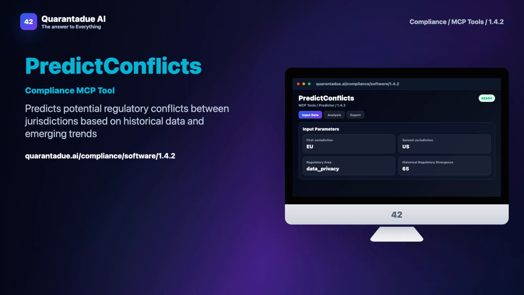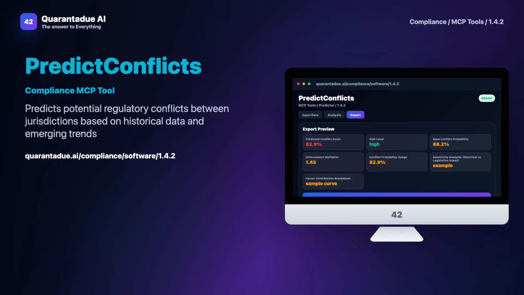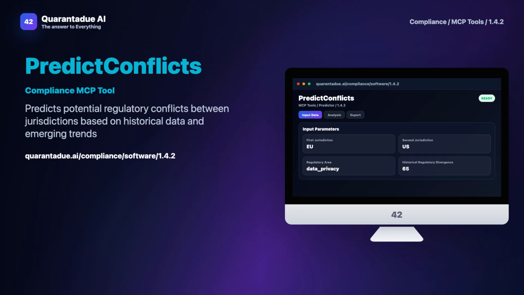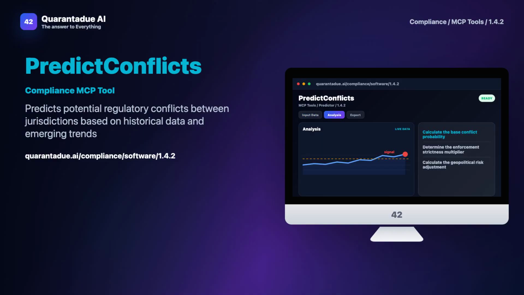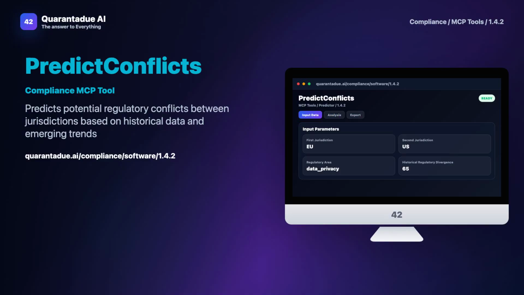Predict Conflicts is compliance software for a specific operational decision. It predicts potential regulatory conflicts between jurisdictions based on historical data and emerging trends. This video explains what the tool does, why the workflow matters, and how the output becomes useful decision evidence. The problem is that compliance teams often manage this workflow with scattered inputs, inconsistent review rules, and manual